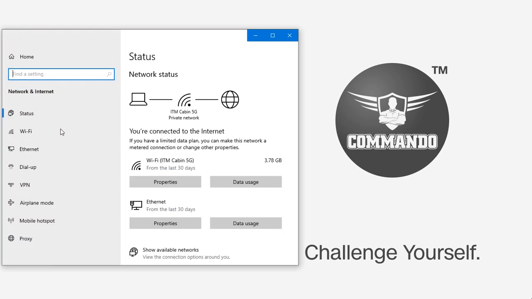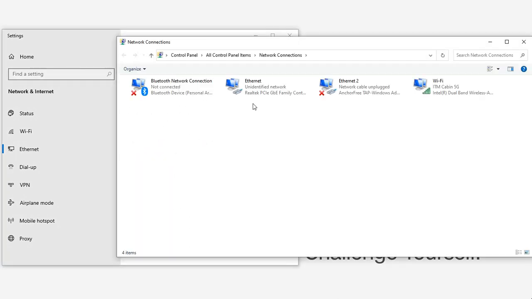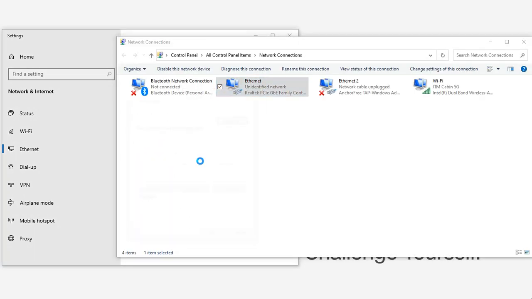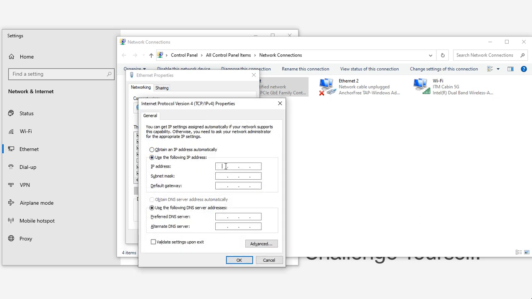So power on the AirOne AP and connect the LAN port of the AirOne AP300 to the PC or laptop via RJ45. Then open network and internet settings. Then Ethernet, change adapter options, and give the IP addresses. Use the IP address